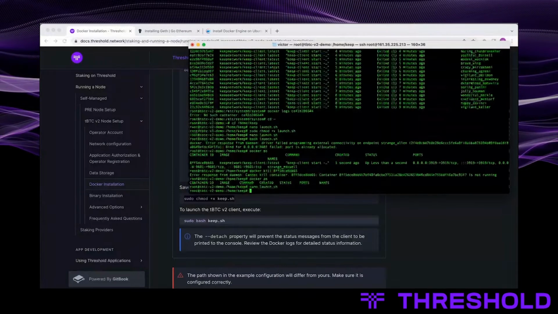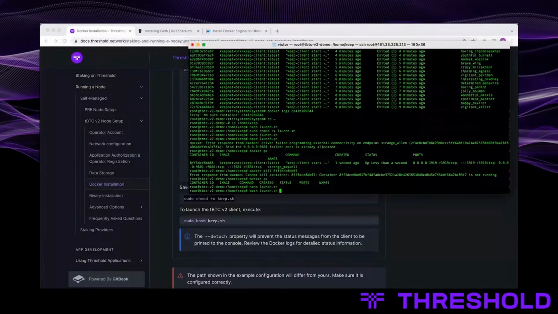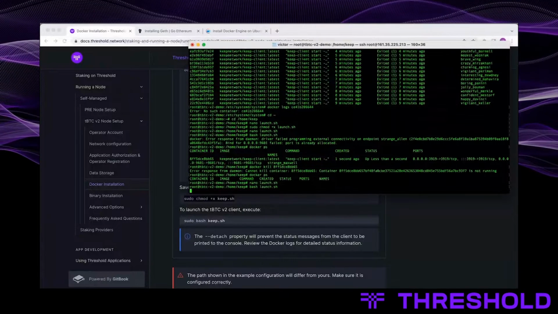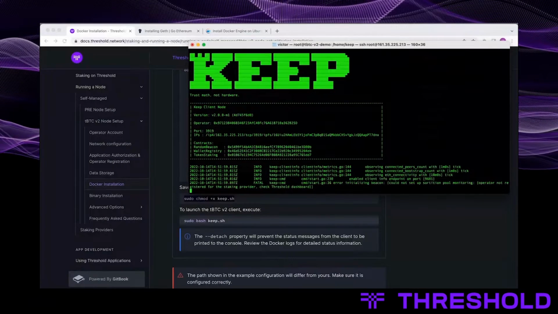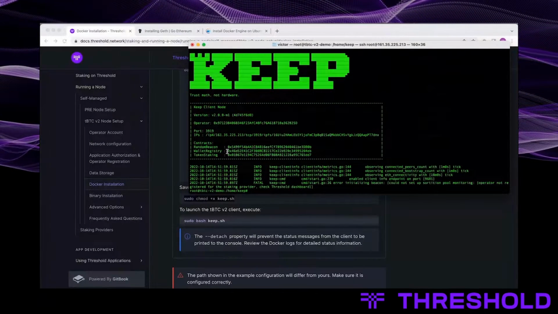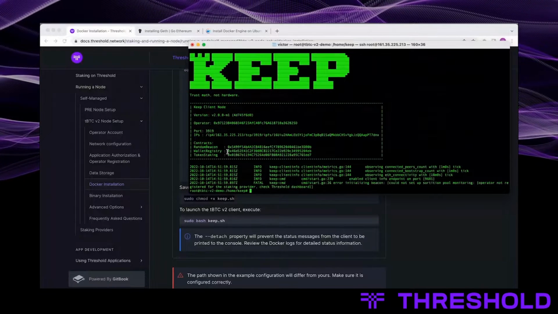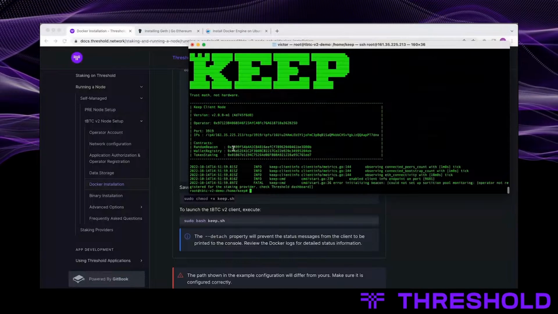That's a smart tip. I'm sure other people might run into that issue as well with port configuration. So here it is. The configuration does work and did work. It started up. There's the ASCII art.